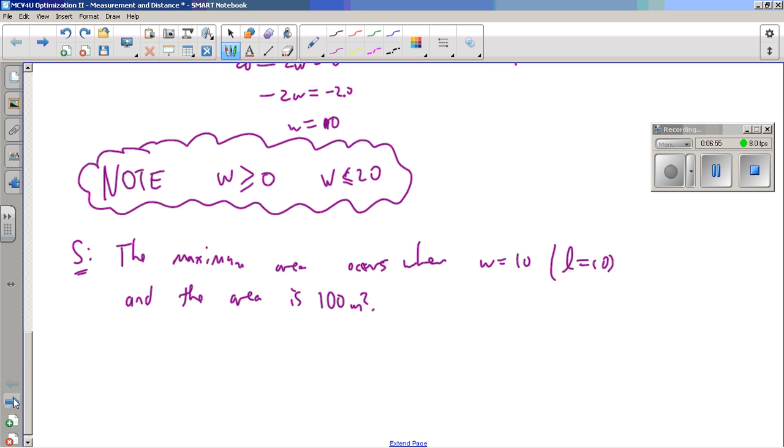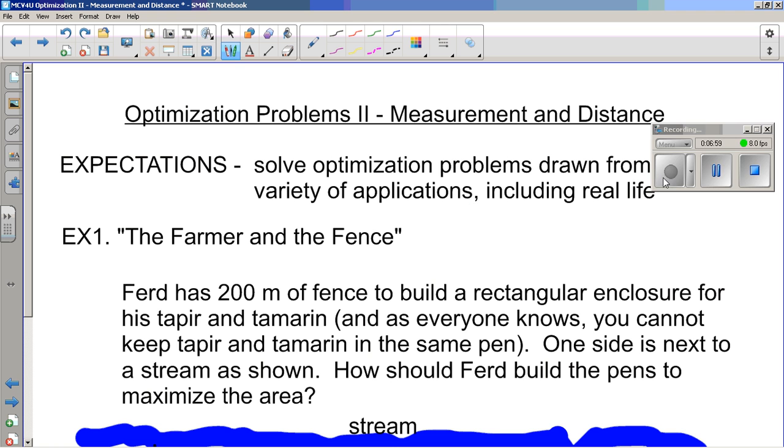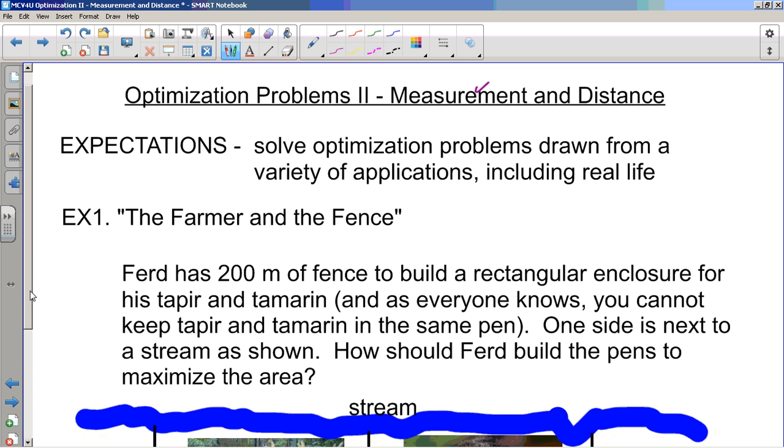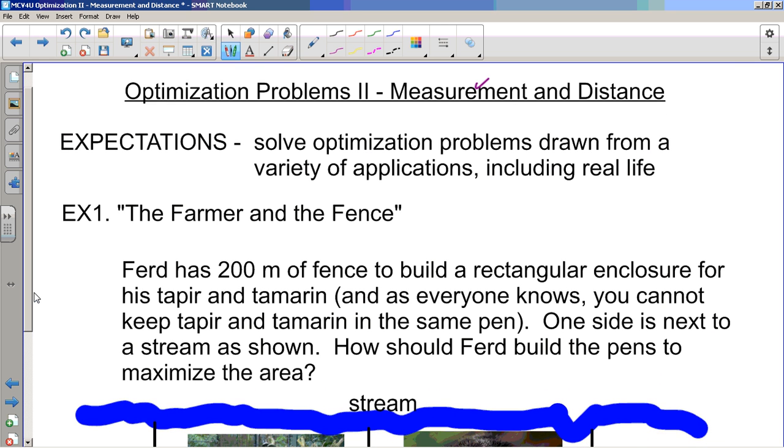So let's get into the lesson from the warm-up. There are a bunch of classic question types here. These ones are measurement and distance. We've already done one of the measurement ones. And so, solve optimization problems drawn from a variety of applications, including real life. This is the farmer and the fence problem. So Ferd, farmer Ferd, I suppose, has 200 meters of fence to build a rectangular enclosure for his